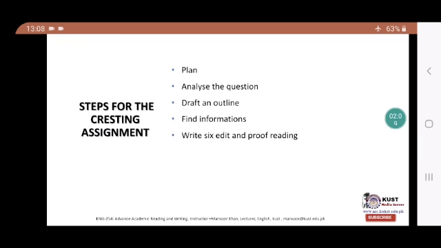For creating your assignment, you have to plan what you will write, what can be eye-catching and attractive for the readers of this assignment. You have to plan what you are going to write, and it must be according to the reader's mind, that is, which sort of reader is going